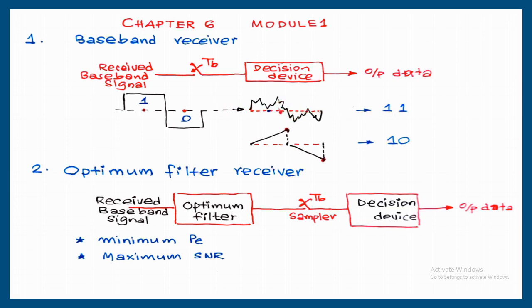So instead of making the decision like this, better result we will get if we can integrate this voltage from 0 to TB second. That is taking the total area. Once you are taking the total area, at the end of TB second, the voltage will be maximum. Based on that voltage, the decision device can make a decision. For that, we need an integrator. Integrator before this switch, integrate, then at the end of TB second, the capacitor voltage will be maximum. That maximum voltage can be taken after closing the switch. Based on that voltage, decision can be made.